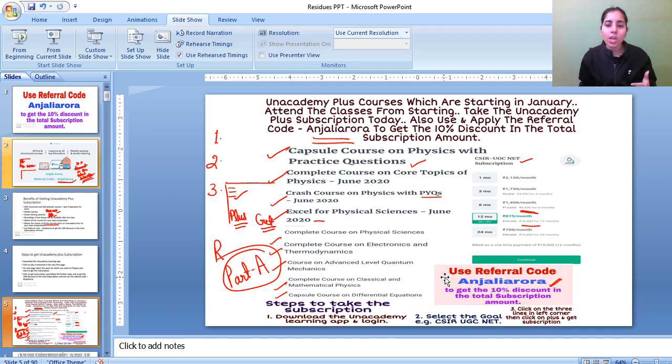So guys, this is how things will work, and this is how online classes provide you more benefits, as per your convenience. In offline classes, if we miss any class, it will not be there again in exactly the same manner. But here, if you miss something, you will get the recordings. You can cover each and everything. Clear? That's a very good benefit you get with the Unacademy Plus